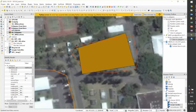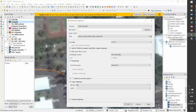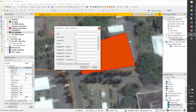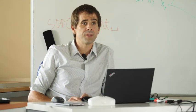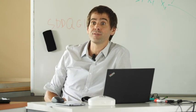Okay, so we have the area here. We have two areas. We can measure the area of this polygon, because it's not a polygon yet, because it's a CSV. And we have an area that says that it's 1,500 square meters. And if I'm not wrong, the GPS was measuring 1,800 square meters. It's a 300 meter difference, which is